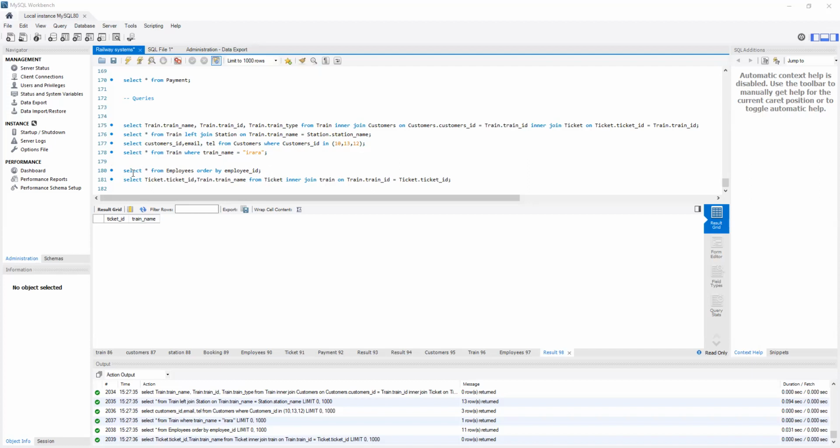And from there, we're going to select from employee order by employee item. This query is going to perform that. When it selects the employee ID, it's going to give you the first name of the employee, the second name of the employee, and their number. And the last query, which is select ticket, is joining the ticket and the train with an inner join. So upon running this,